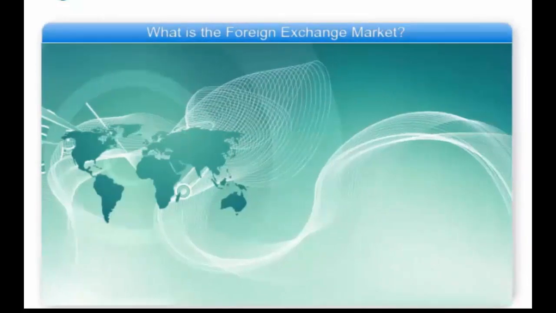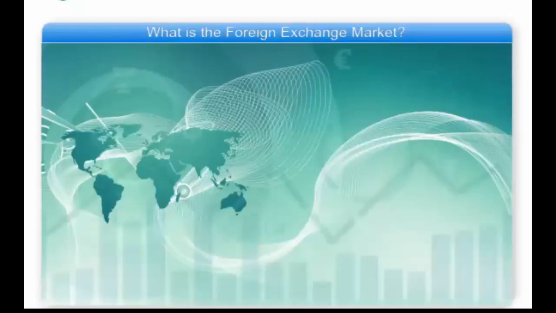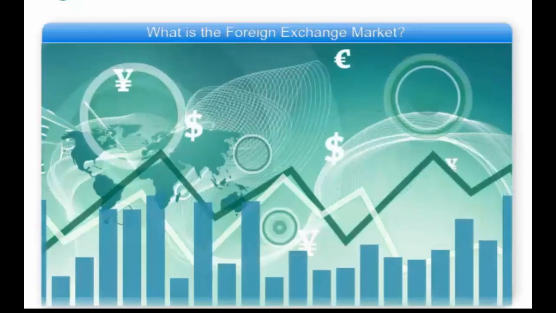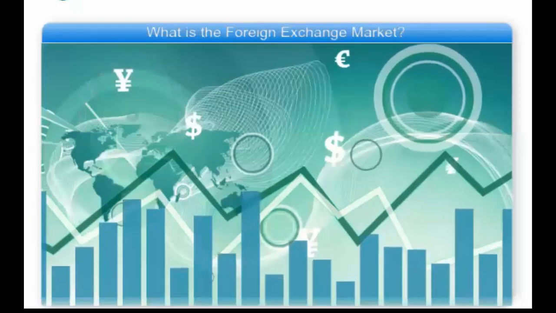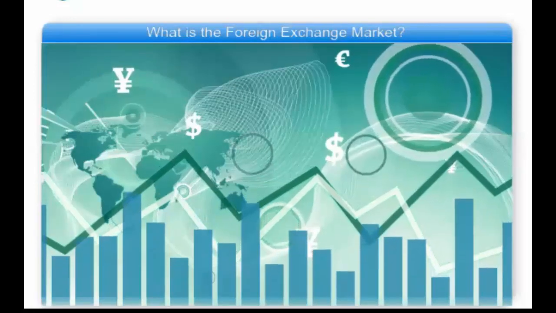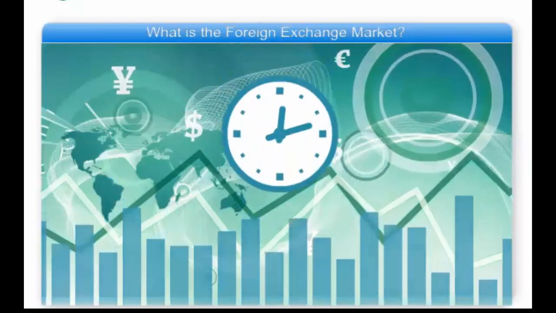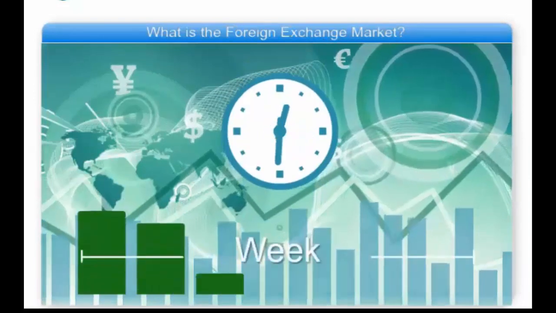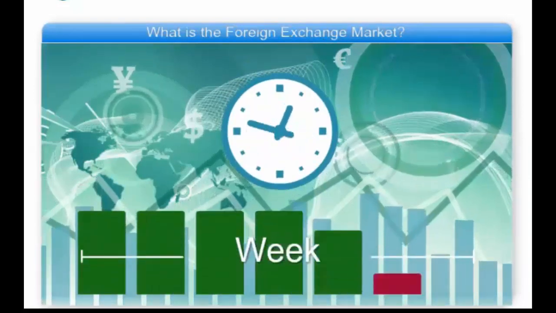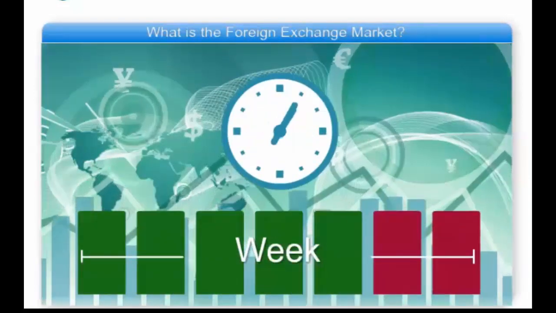What is the Forex market? The Forex market is the trade arena which allows investors to trade foreign currencies throughout the trading day. This market is the largest in the world and has a daily turnover of $3 trillion. The market is active 24 hours a day, 5 days a week. The values of the currency changes every moment throughout the day according to supply and demand levels.